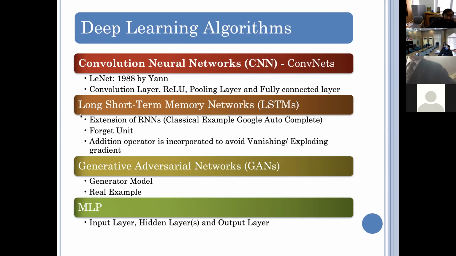Another deep neural network you probably know is RNN, and a special case is the long short-term memory network, also known as LSTM. There are some problems with RNN. Basically, a major problem is vanishing and exploding gradients. What does it mean? I will explain as a computational scientist, not as a data scientist.